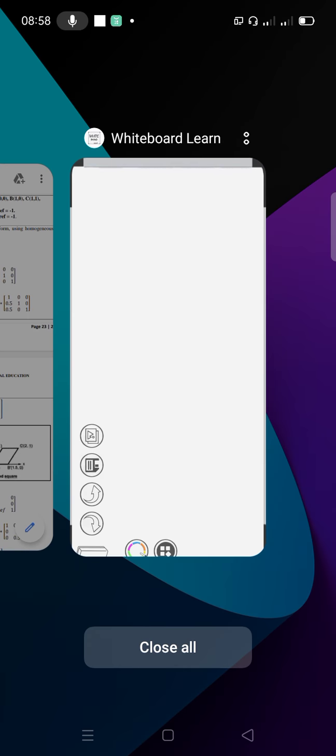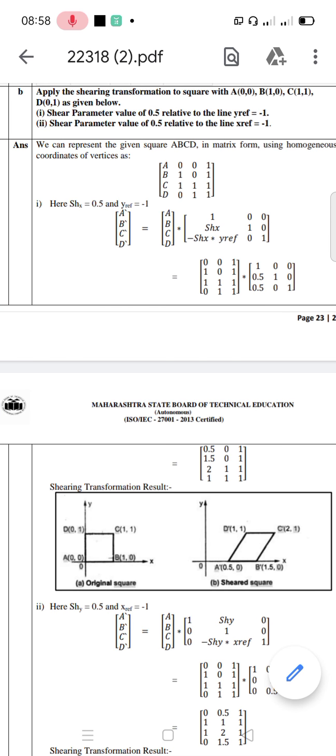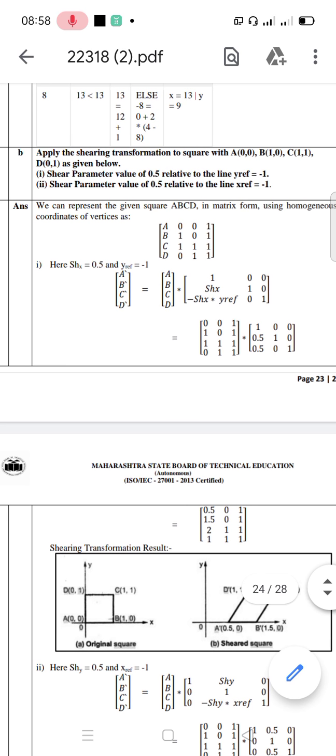So this particular transformation was already discussed in that recorded session. If you haven't gone through the recorded session, you can go through it. It is very easy, and there we obtained the shear transformation matrix. You can note down the matrix in your notebook. If you haven't seen the session, you can go through it and note down the matrix. Here also that matrix is specified.